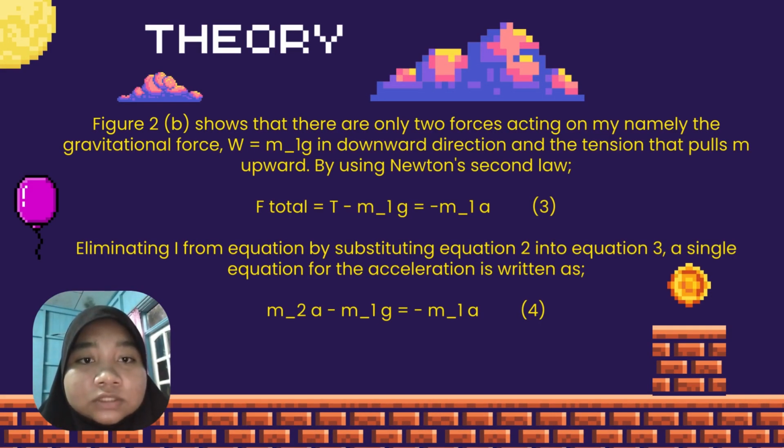Figure 2b shows that there are only two forces acting on m1, namely the gravitational force W equals m1g in the downward direction and the tension T that pulls m1 upward. By using Newton's second law, F total equals T minus m1g equals negative m1a. Eliminating T by substituting equation 2 into equation 3, a single equation for the acceleration is written as m2a minus m1g equals negative m1a,